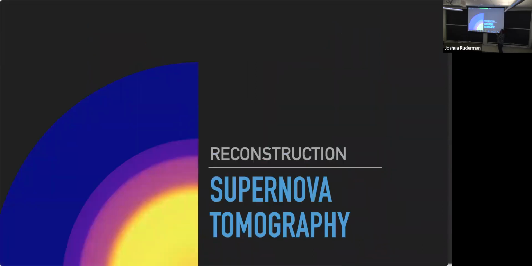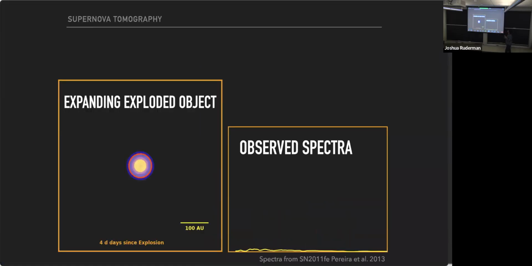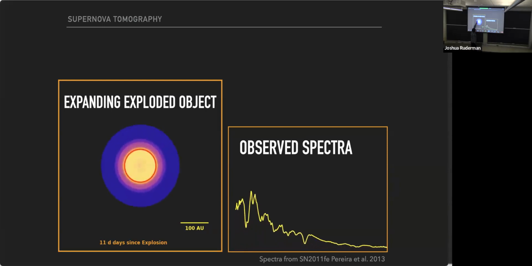So this is called Supernova Tomography. One of the really cool things about supernovae is that essentially we can see the star from the inside, like in seismology, where we can't really see what the star is made of inside, or the exploded object. What we have here is the red area, which is underneath, optically thick, and the area above the red surface, which is optically thin.